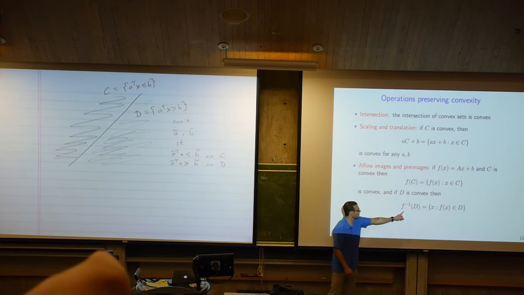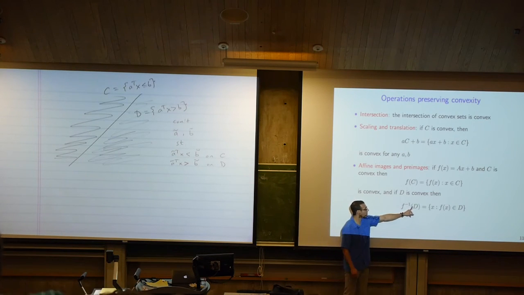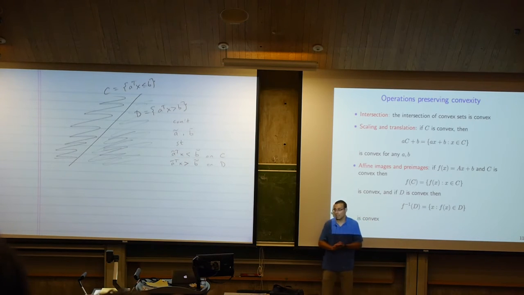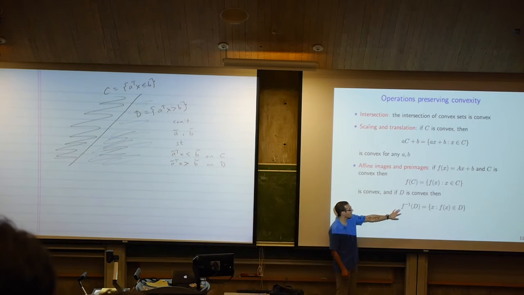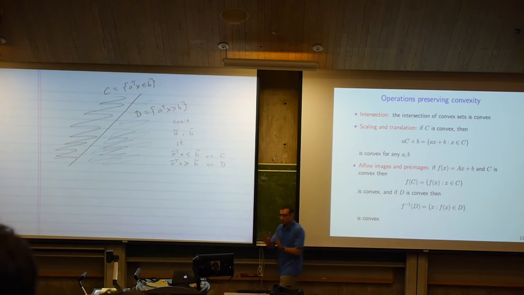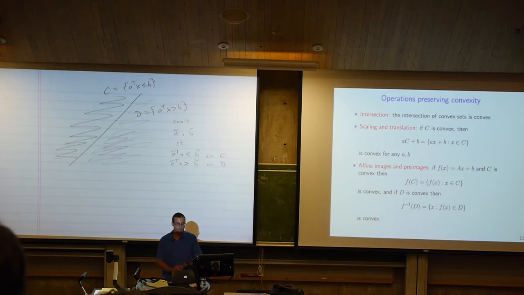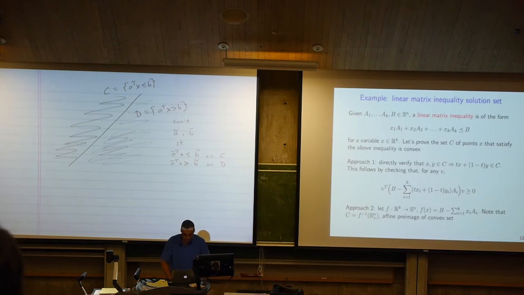If f inverse existed, then this would actually just be the image of D under f inverse, but f inverse need not exist in order for me to write this down. So it's the set of all x for which when I apply the function to that point x, it's in the set D. This is also convex, provided that f is affine and D is convex. I think it's much more surprising that that's true. So let's